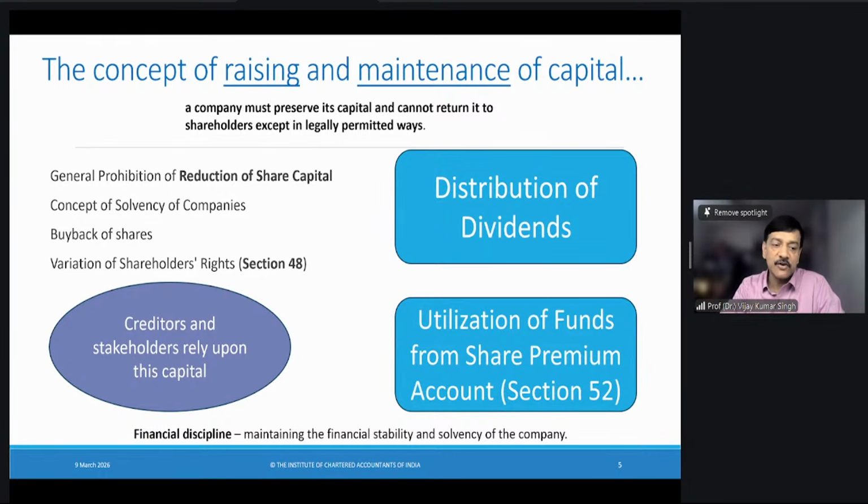But at the same time, you cannot have too much cash or running working capital in your bank account, because then again your company will be prone to takeovers or such kinds of issues. So hence, there is a crafted balance which is required to be maintained while you are dealing with cash, or the capital of a company. So with this backgrounder, let us move further. Now we are moving towards the sections of the Companies Act.